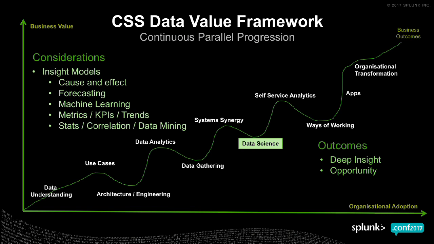So we can have specializations in our consultants if we want, but also rather than have one consultant attacking one area, we can have 10 consultants doing this in parallel. So we're hitting it faster, we're hitting it better, and we have our specializations, so we have more confidence and cadence. But in terms of the data science here, we can have a look at forecasting, machine learning, your correlation, your KPIs, metrics we heard on the keynote today as well, quite important. So let's factor that stuff in, let's call it out.